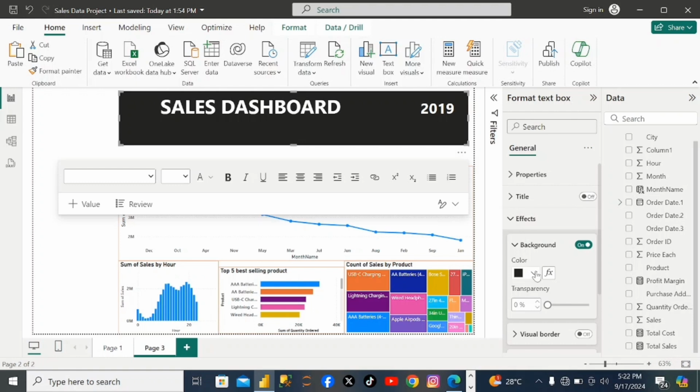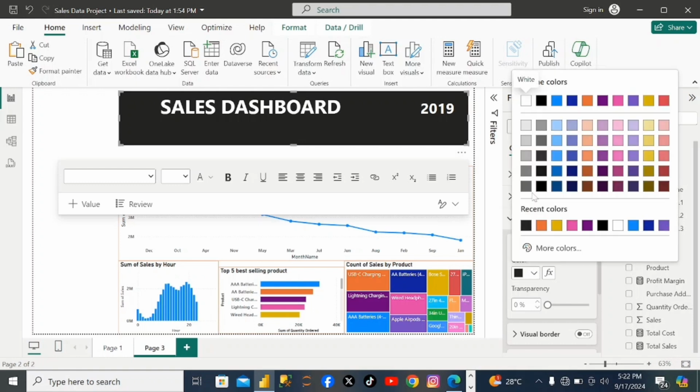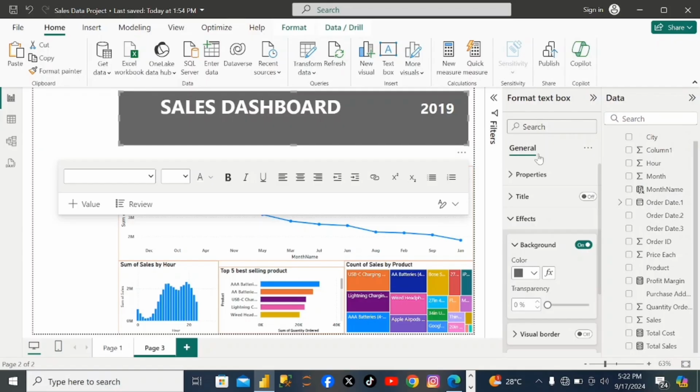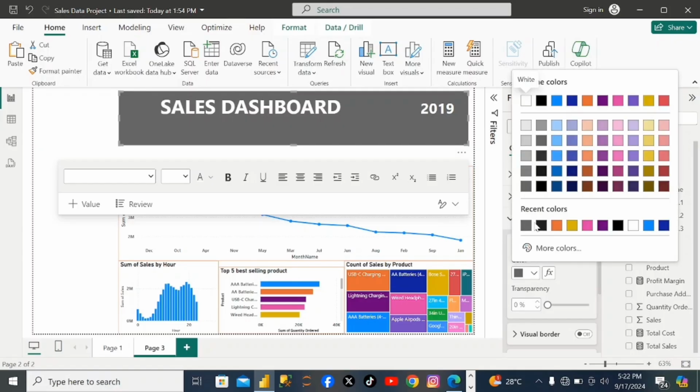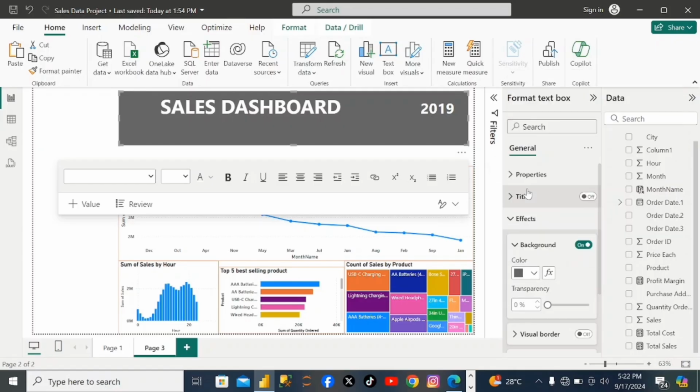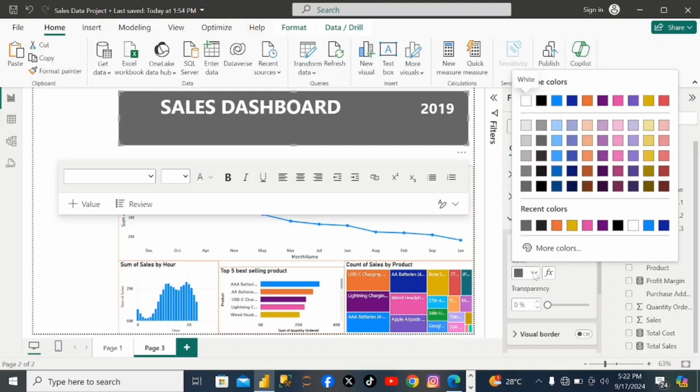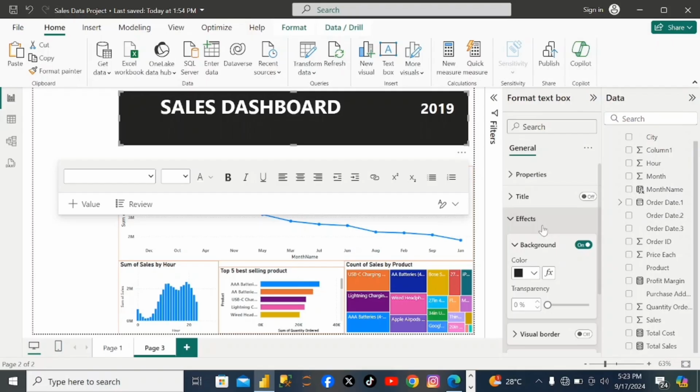Okay, let me choose another color. That's kind of faint. Let's use another color. Okay, so let's use this color. So we're done with that. So the next thing is